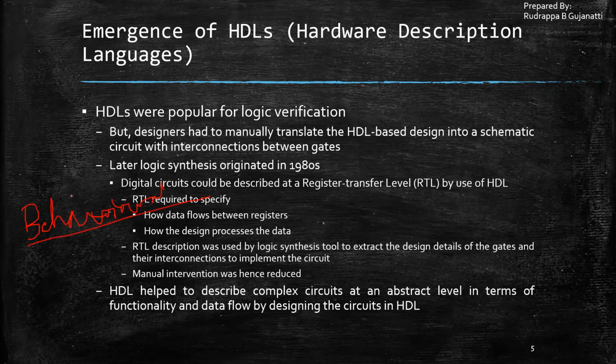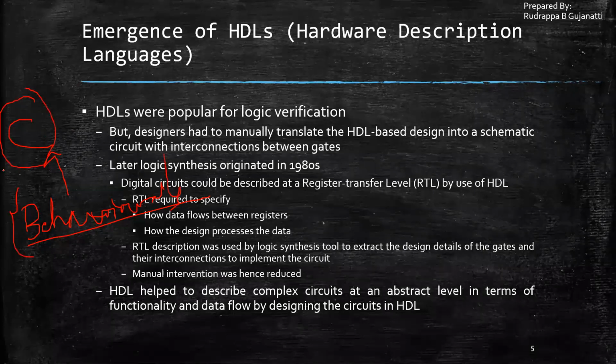So when I start coding in behavioral level modeling, this looks much similar to C programming. Just as in C programming, you define the variables A, comma B, and you write A is equal to B in this form. Whereas in the previous levels, it would not be much like the C program, wherein you have to take care of n number of things. But in behavioral, you are not doing like that. You are trying to keep the coding as simple as possible. That is what you are trying to do here.